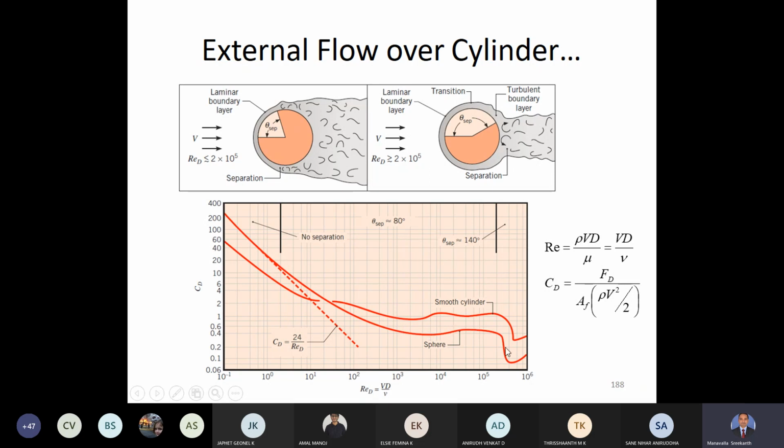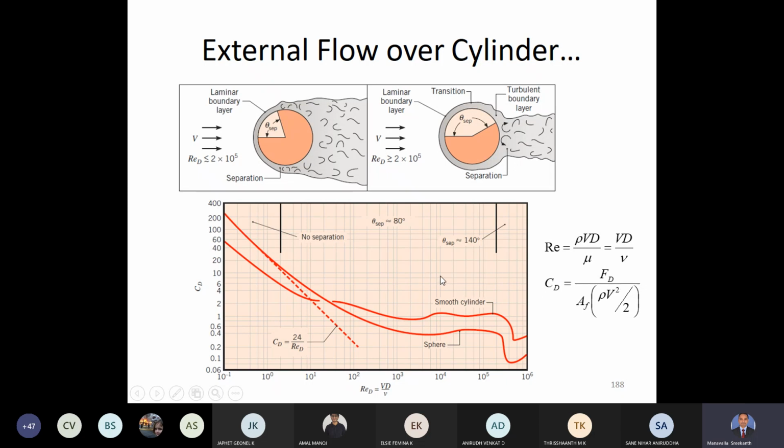And for a very, very high Reynolds number, there is again a drop, and again there is a small rise in this region. Leave this, 10 power 6 is a very, very large Reynolds number. So we'll stick to the region up to this point. You can see that for very high Reynolds numbers, the drag coefficient is very, very low, and the drag coefficient will determine the amount of drag force according to this equation. So if the drag coefficient is high, the drag force also will be high,